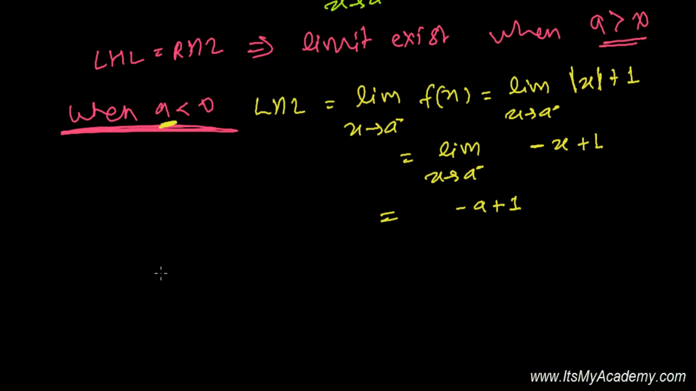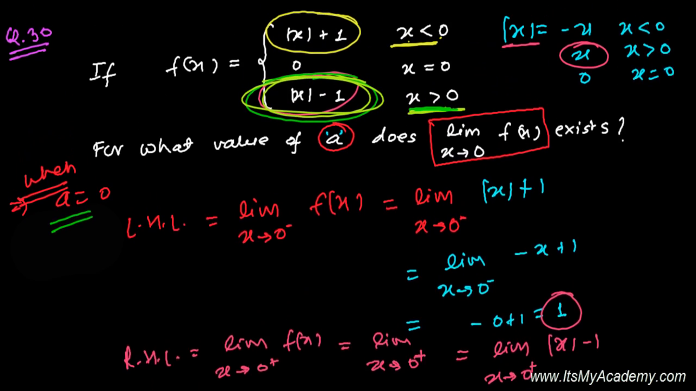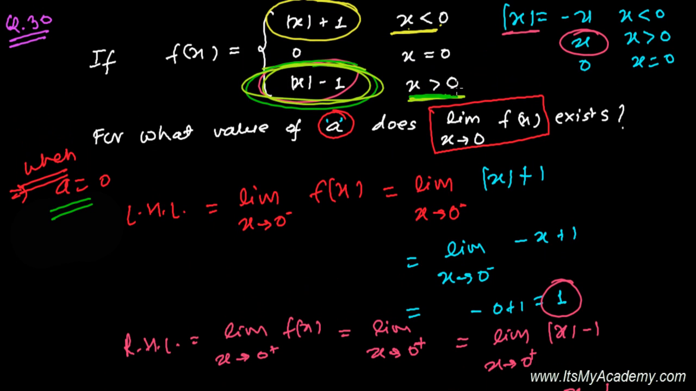Now let's find the right-hand limit. The right-hand limit will be limit x tends to a plus of f of x. See, again x is going to approach a, it means the value of x is very close to a, but a little bigger than a, and a is a negative number, as I already told you. So when a is a negative number, a is less than 0,